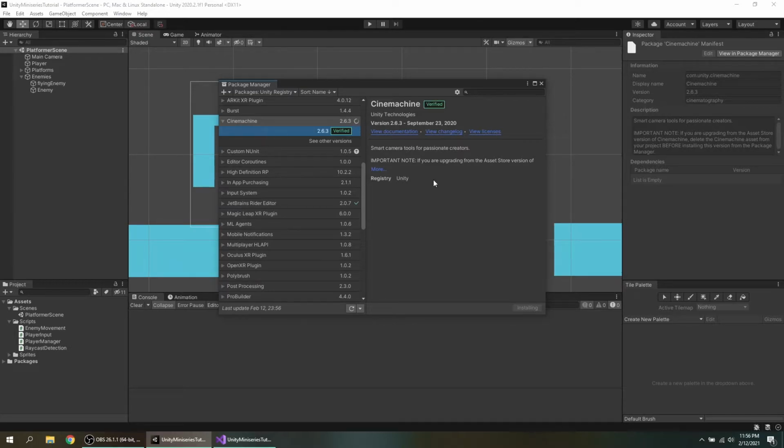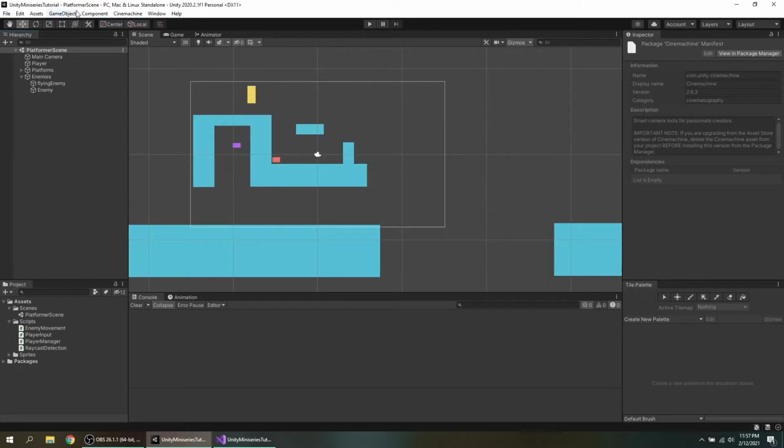So what's cool is it has a camera controller and it will do everything for you. You don't have to worry about anything except the settings. So once we have that, and it compiles all the C# scripts, now we just wait. Okay, now that we're back, we can just go to